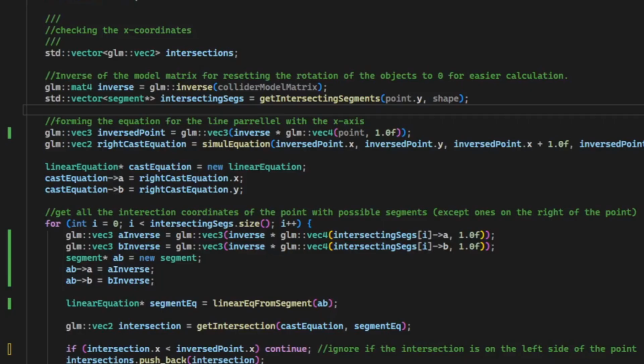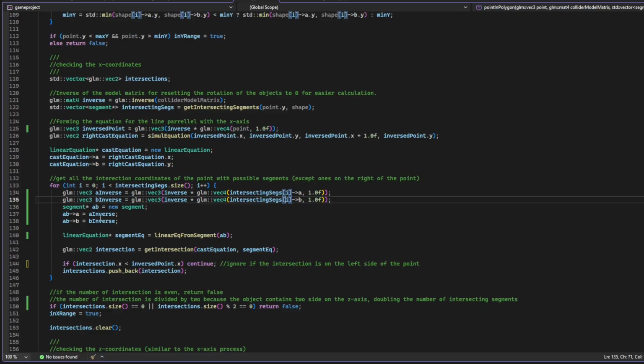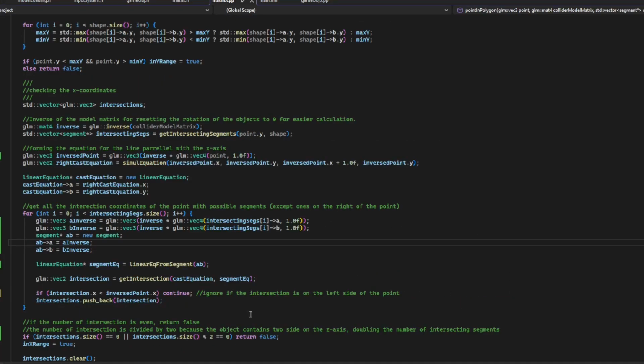Next, the vertices of the object and the coordinates of the point are transformed with the inverse of the collider's model matrix so as to reset the rotation, thus facilitating simpler line casting and calculations while still retaining the relative position of the point. The line that goes through the point and parallel with the x-axis would then be determined using the simultaneous equation function